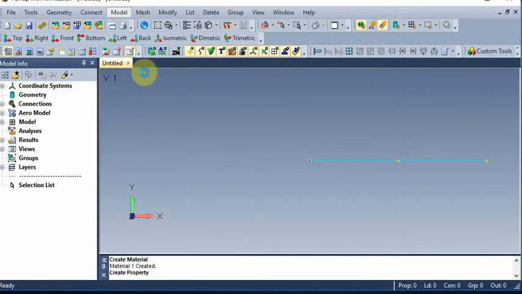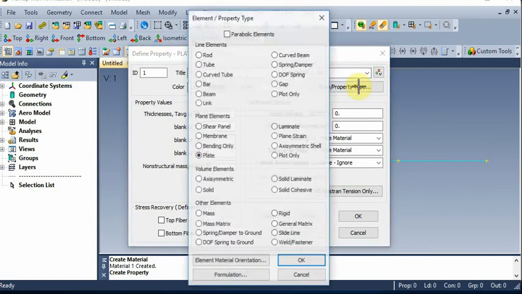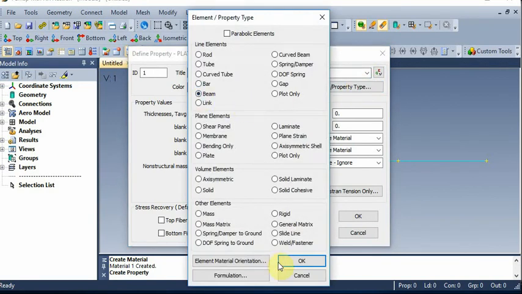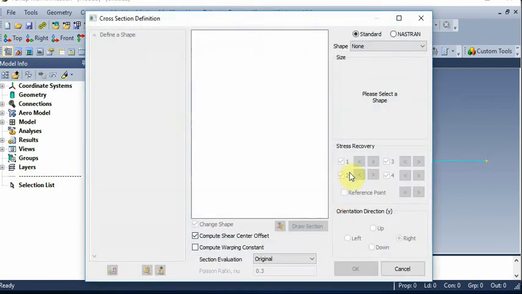Next is property. I will give P1 as property data, element 1, then element type is a beam, give OK. Next we have to go for shape, it is a circular one.